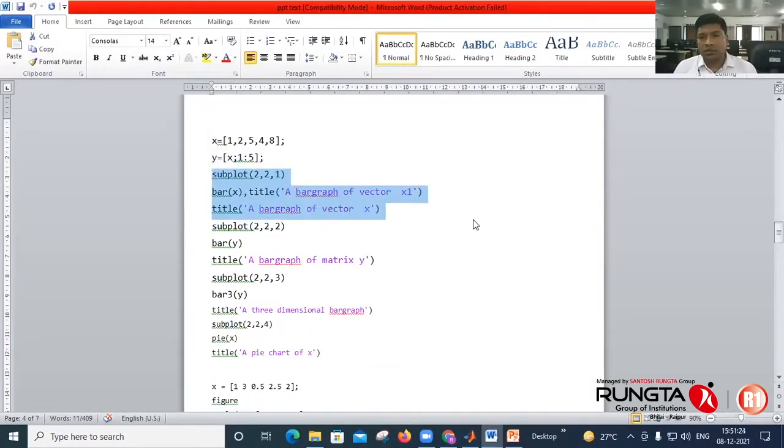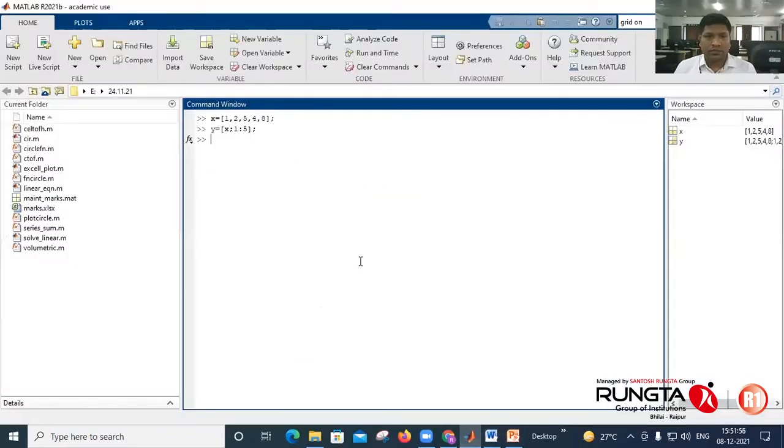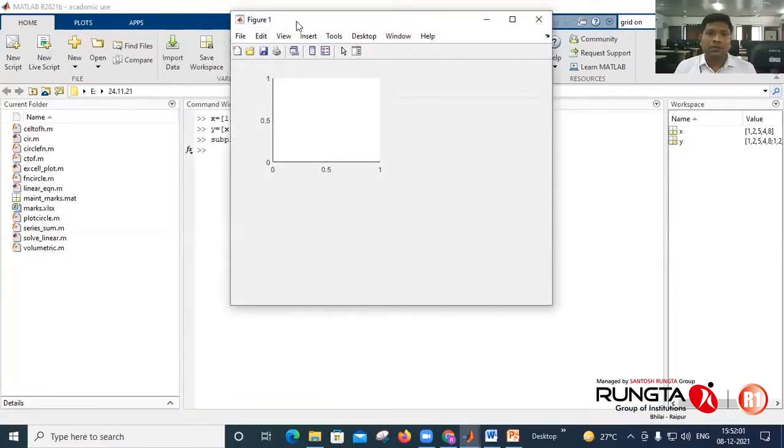I'm using subplot, 2 rows, 2 columns, and its first location I am using for a bar graph of vector X. So activating subplot 2 2 1, it will activate in figure 1.